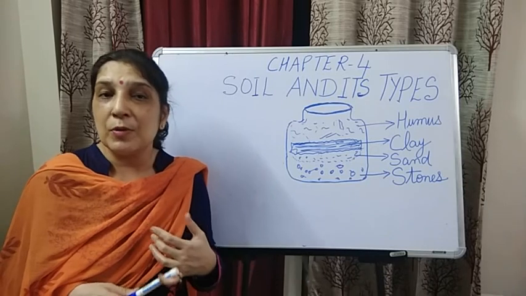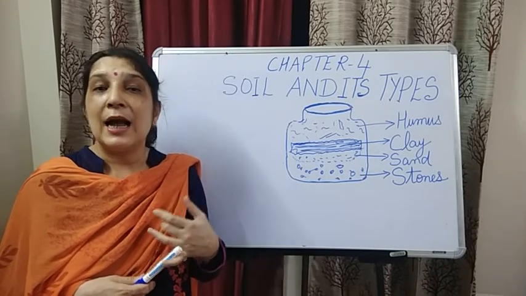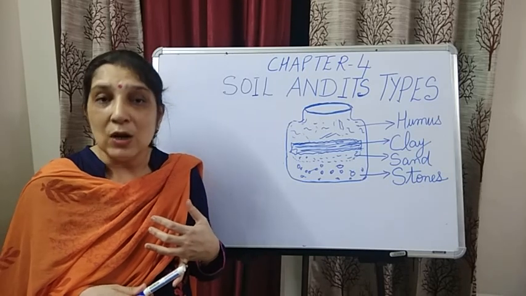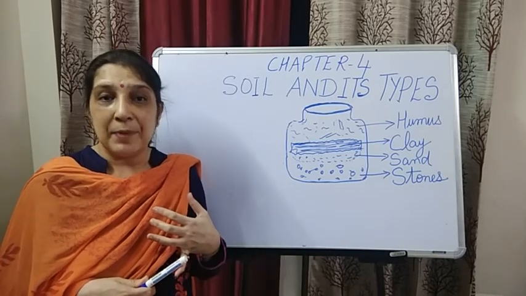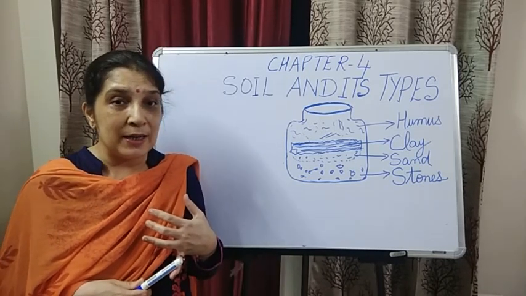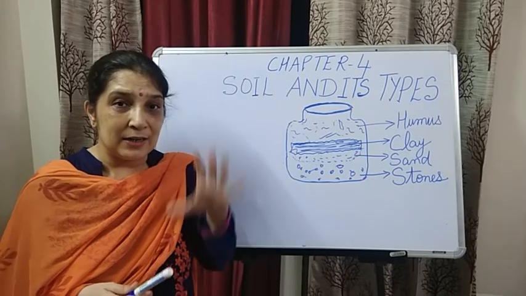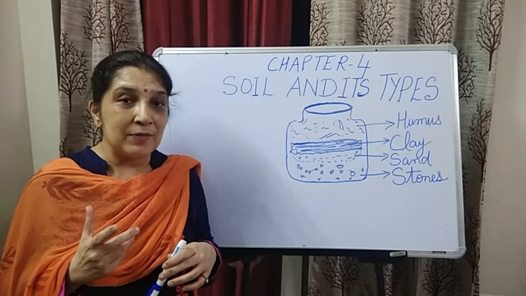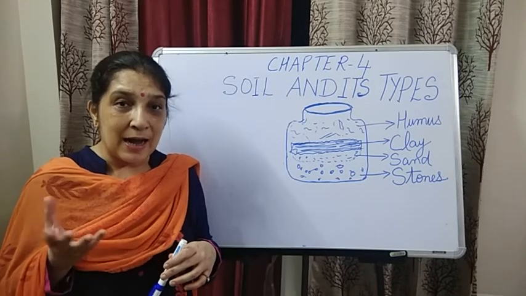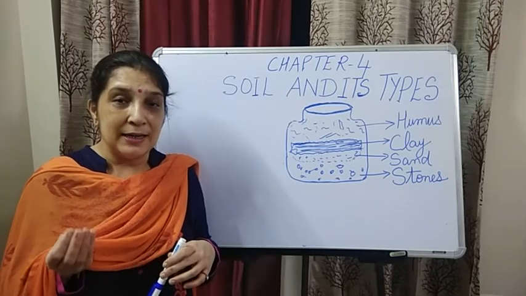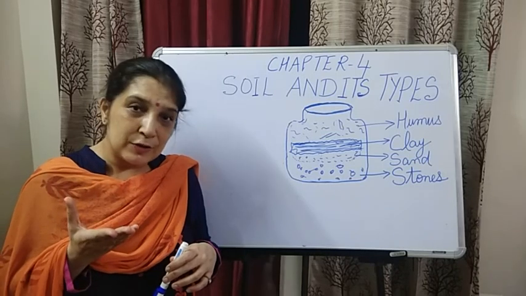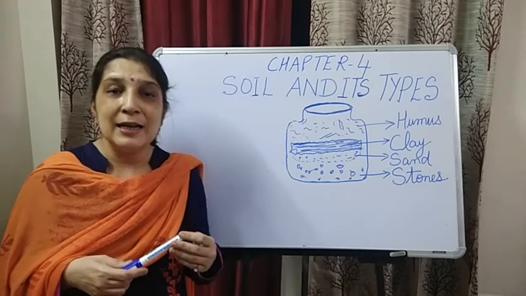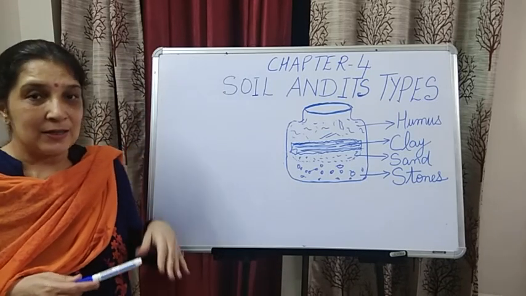Then we discussed the formation of soil, and then we discussed that the soil contains air and water, right? Remember, I had shown you one experiment in which I had garden soil and then I poured water. Then what happened after that? The air trapped in the soil came up on the surface of the water in the form of bubbles, which showed that soil has air.